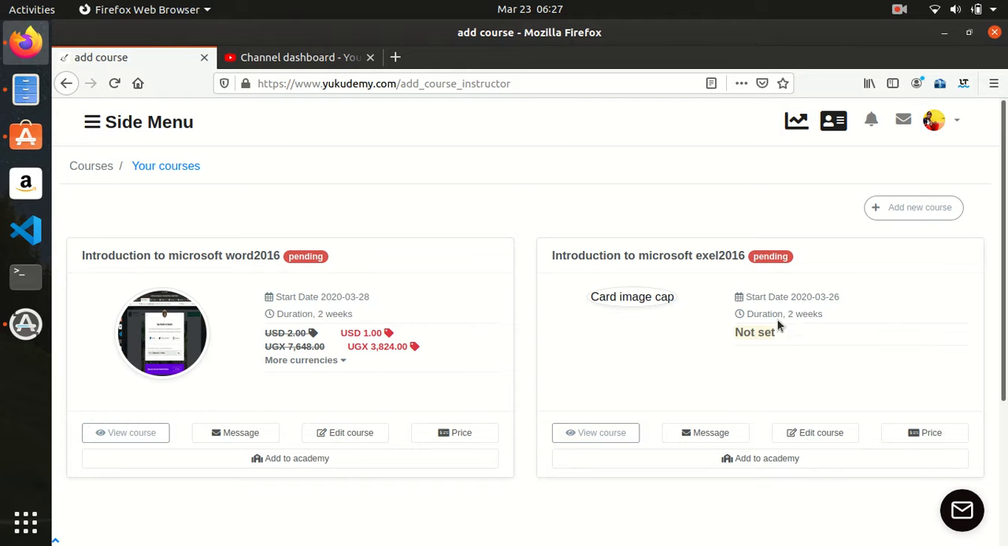You can see that there's something written, not set, here, and if you look down under this area of our course, you find that we have options. The first option is view course, the second is message, the third is edit course, the fourth is set price, and the last one is add to academy. Now we are going to look at them one by one, but first things first, let us look at